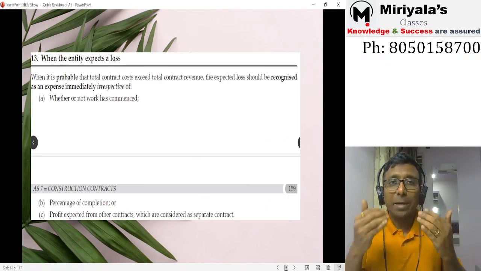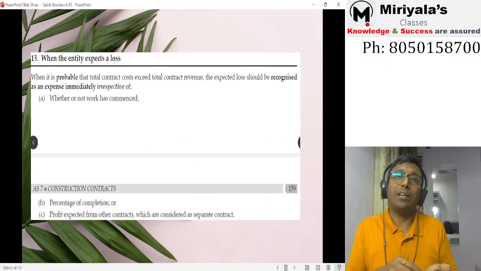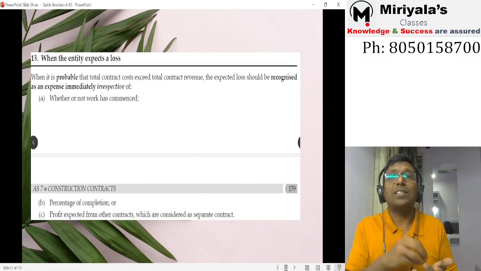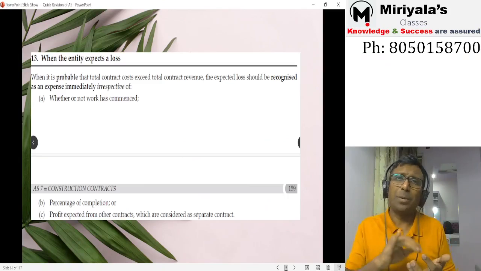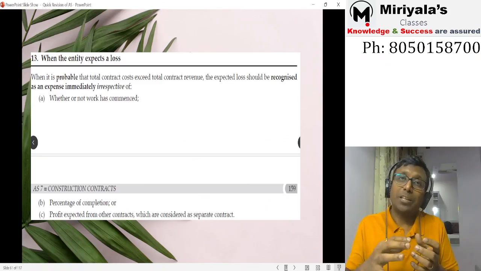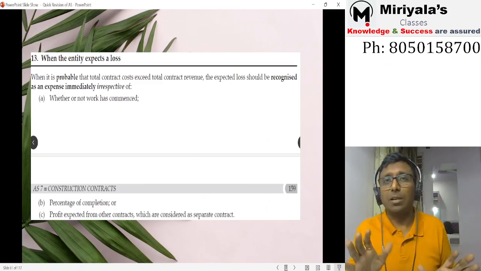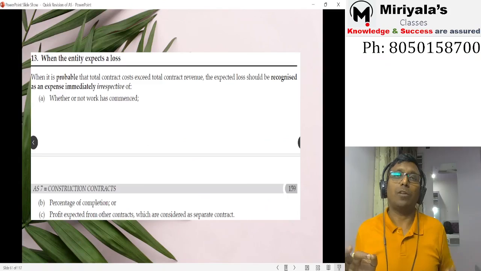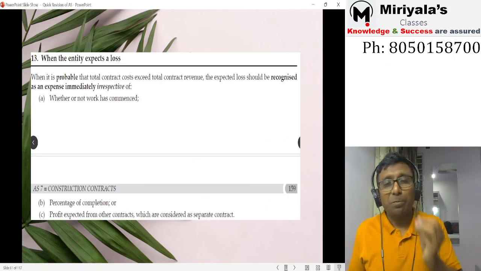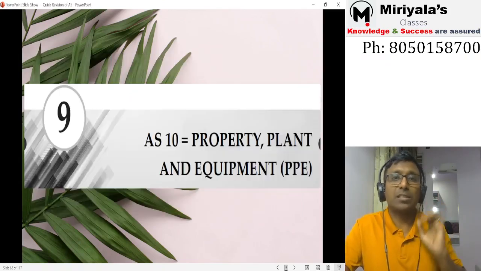Since it is binding in nature, you have to book the 20 rupees of loss immediately, irrespective of the percentage of completion of the contract, irrespective of whether the work has started or not, irrespective of the profits from other projects from the same customer. It doesn't matter. The entire 20 rupees of loss is supposed to be booked immediately to the profit and loss statement. Okay, that is about your